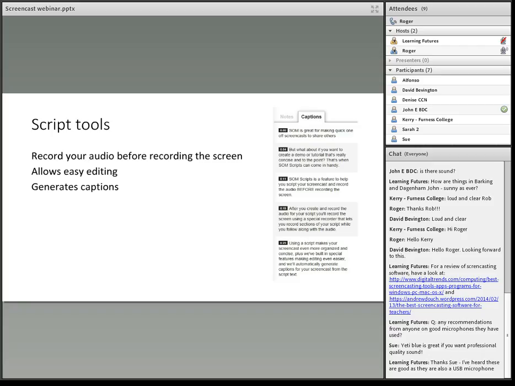So hopefully you can see we've got the 0 seconds, 4 seconds, 11 seconds, and then once you've done that, you would then record the video, so you actually do the screencasting. You can also have captions on there, so those captions that would come up would even give you some instructions on what to do, just in case you forgot exactly where to click or what you were talking about.